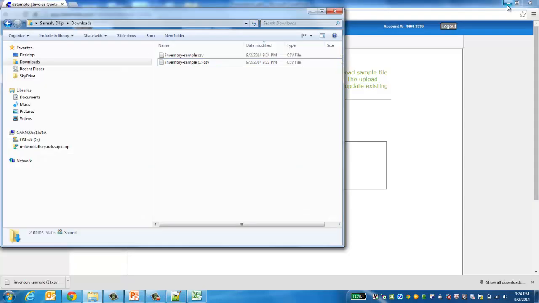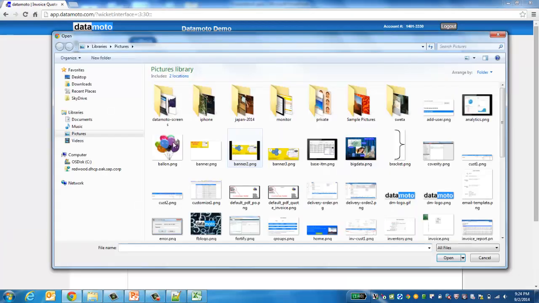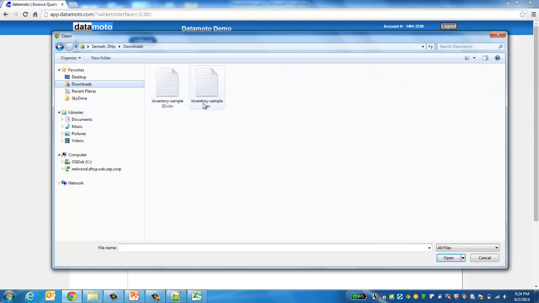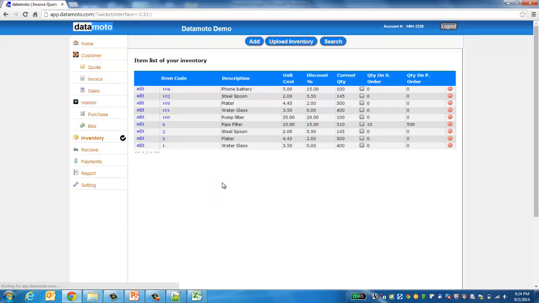Once it is done, then you come back here. Then you choose the file, the download. Then you choose this file. Then you upload it. You just upload it, and 101, 234, battery, all the things you uploaded. And if you click over here,